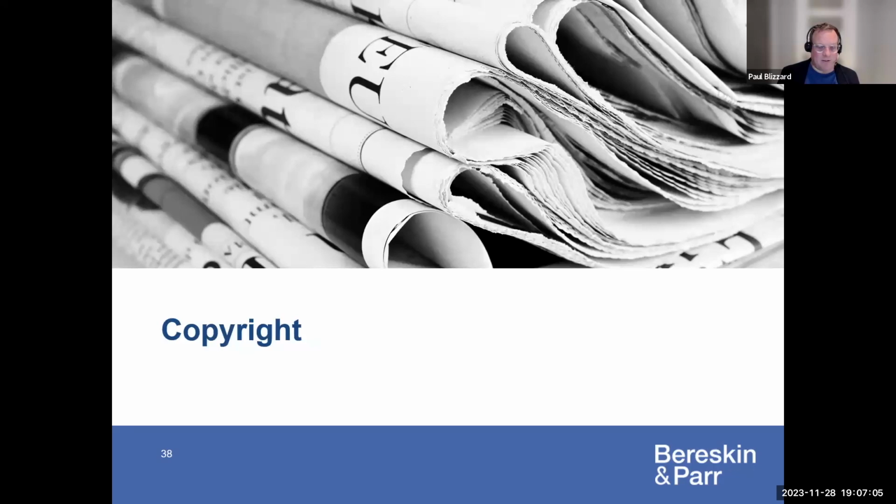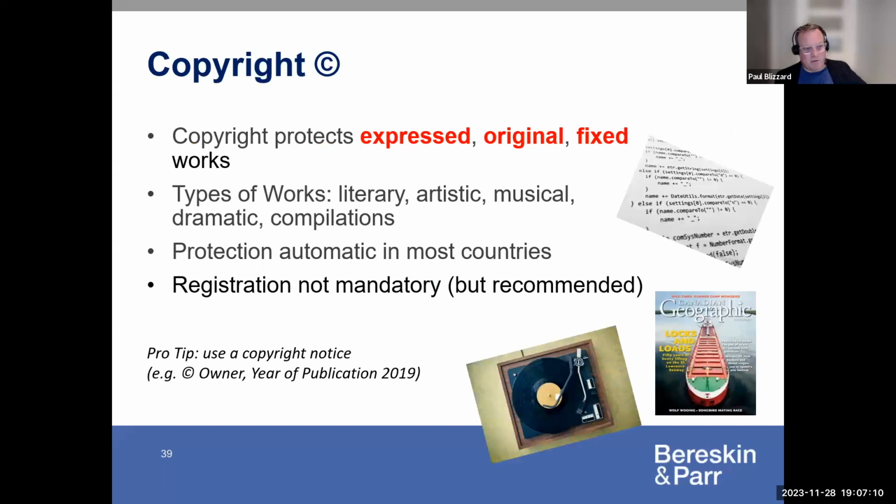Okay, so copyright. Copyright is another interesting type of IP protection. Copyright protects works that are expressed, meaning they are not the idea itself. So an expression of a book or a song. The standard under patent law for a viable patent is novelty and non-obviousness, but the analogous standard